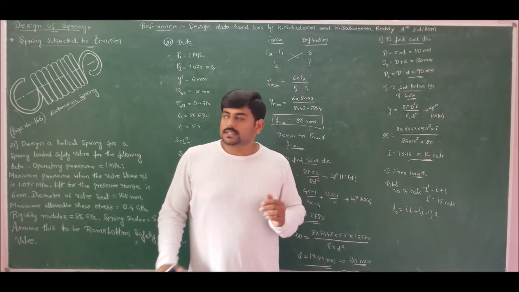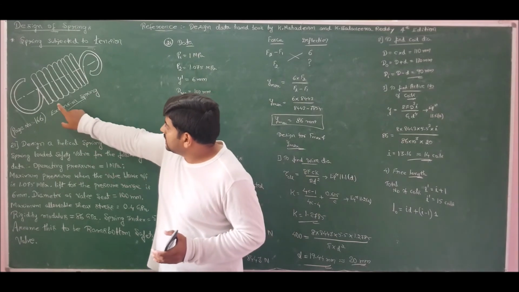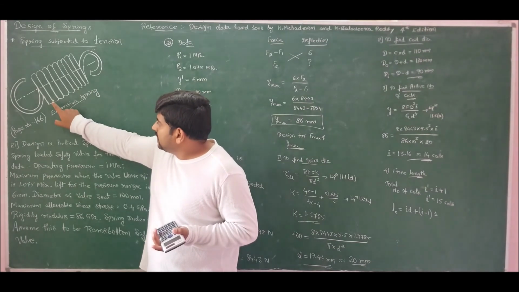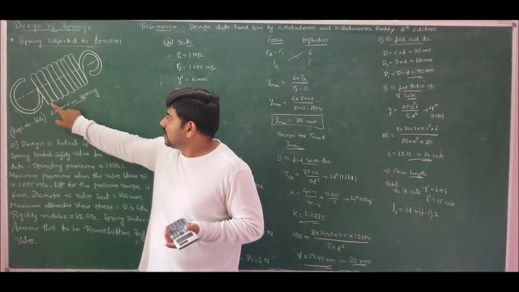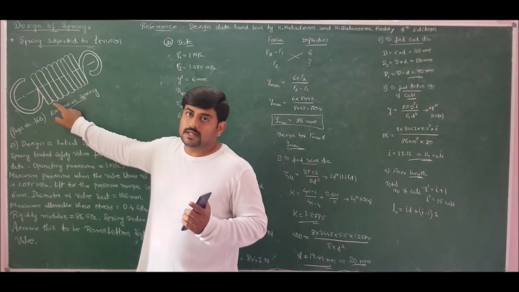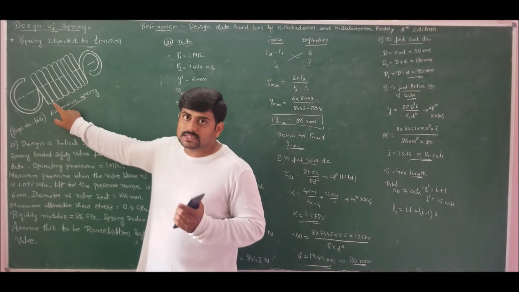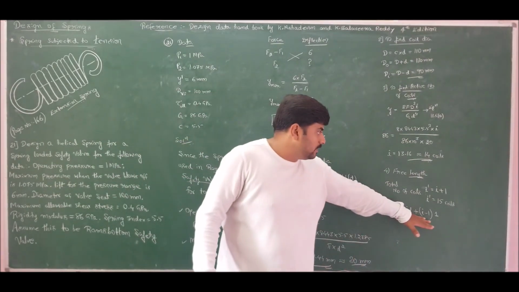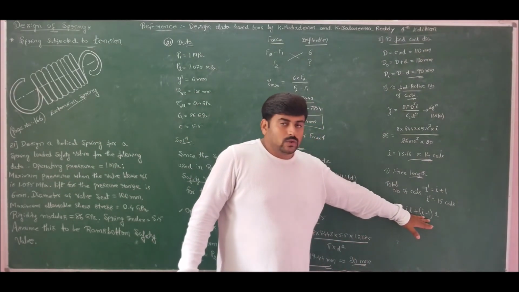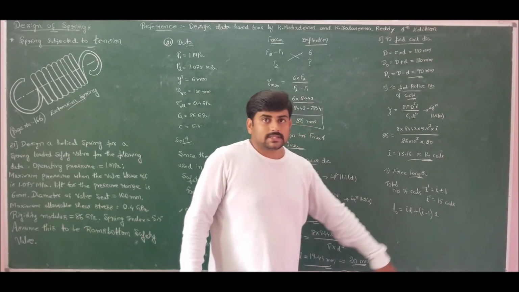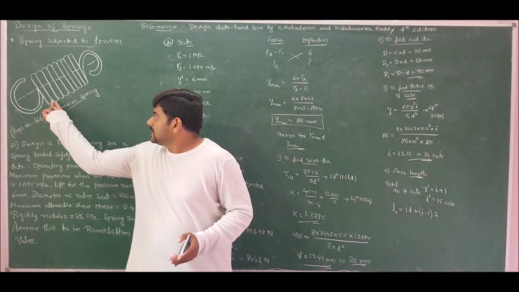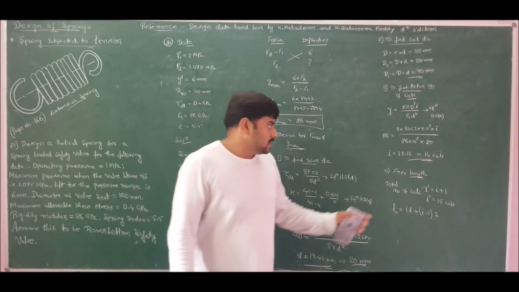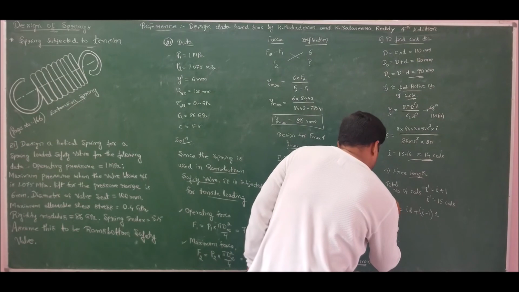So we have solid length plus allowance, and the deflection is left out. Now coming to allowance, we always take the allowance as the number of coils minus 1, and the gap between the coils in its free length position or unloaded position will be 1 mm. So the allowance will be the number of active coils minus 1 into 1 millimeter. That is, we assume there is a 1 millimeter gap between each coil when it is unloaded. So this is the formula for free length. Kindly make a note of this.